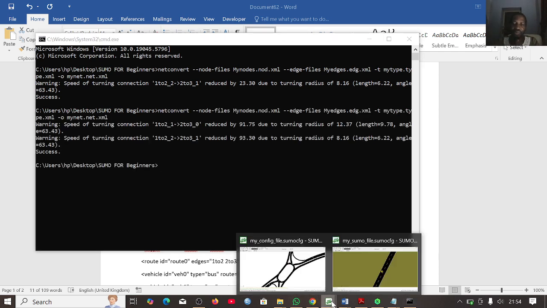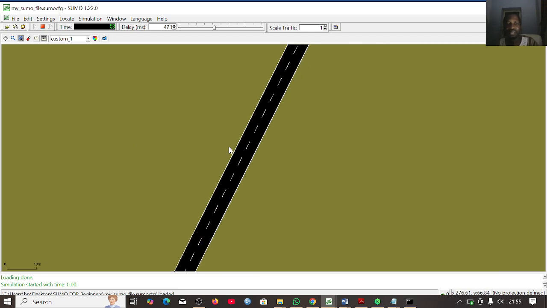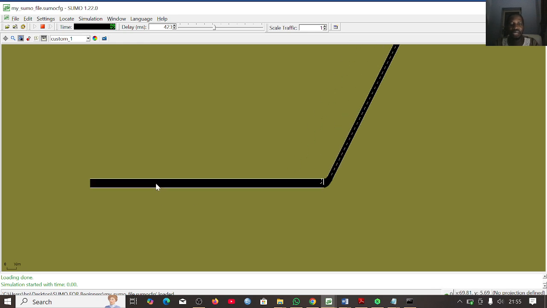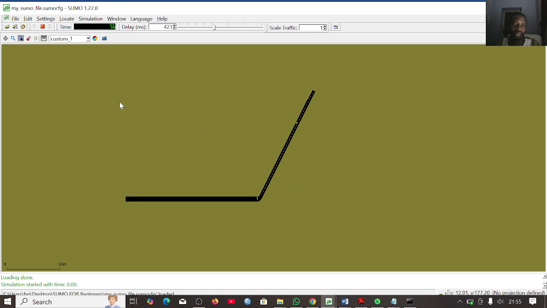So I can now come back to my simulation. I can refresh this. I can now start the simulation. Now you will see it will effect those particular changes. You remember the maximum speed of this is 50 and this one is 100. So I have now increased the speed on the road to around 100. So now the vehicles can move at their own maximum speed. So this is just for today, and maybe in the next video we're going to use the net